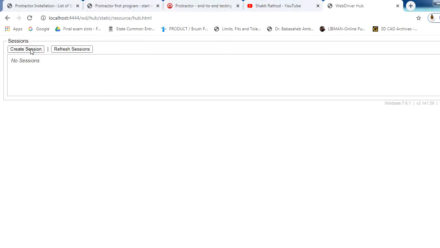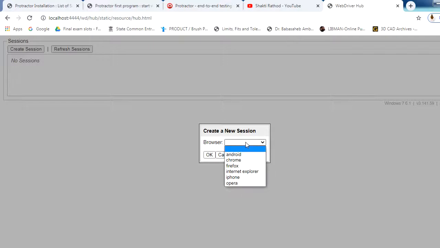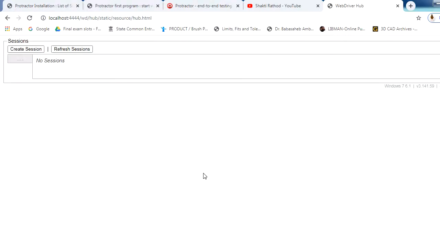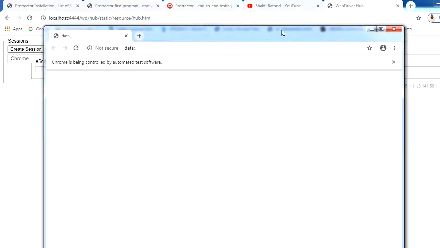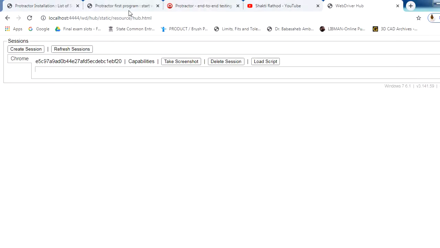We can create this session from here also, like select any browser over here. So Chrome you can select, and your Chrome will be launched from here also. So this is your WebDriver. Here also you can use the screenshot, text session or something. We generally don't use this window.